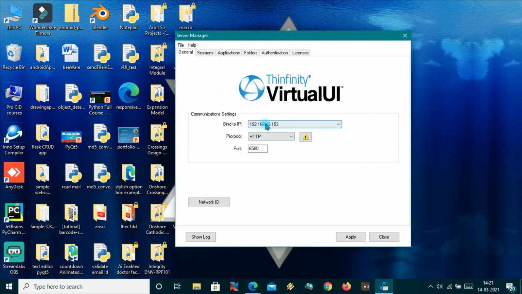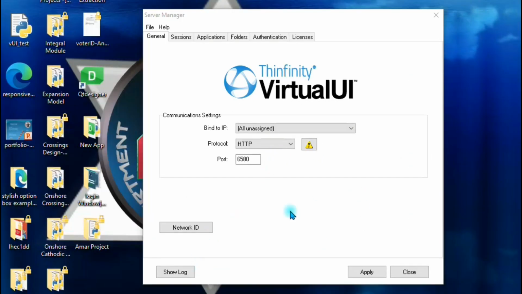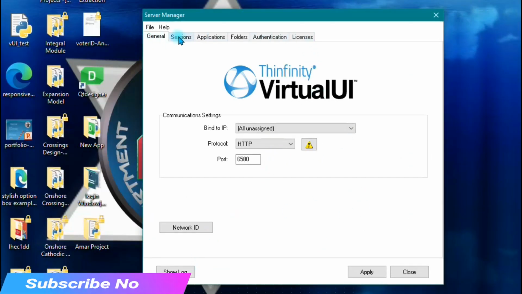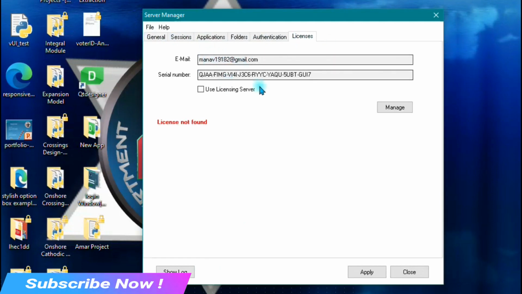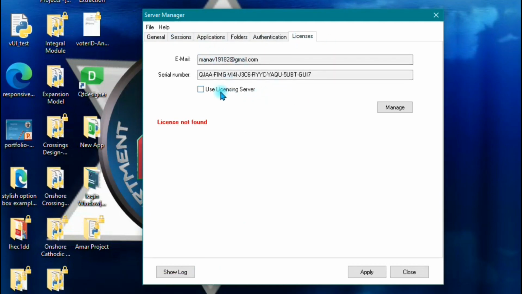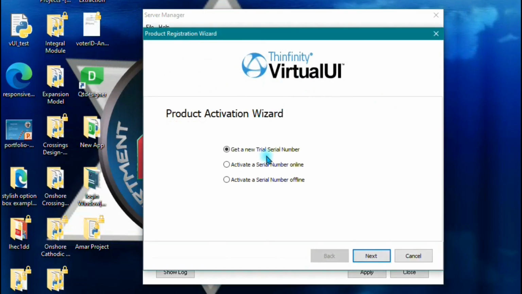But before using this application, you will have to register with your license. So let me show you how you can add the license on it. You have to just go to the license, and I have already registered with one email ID. It is expired, so I will get another trial serial number.